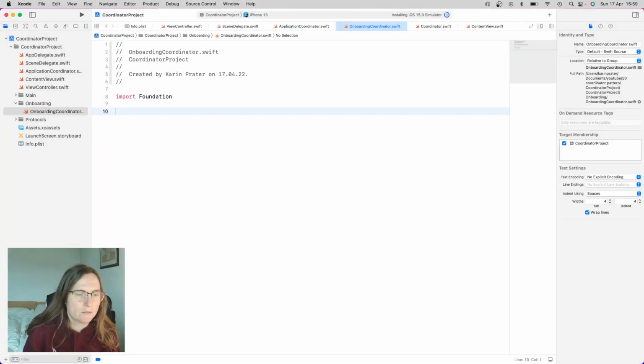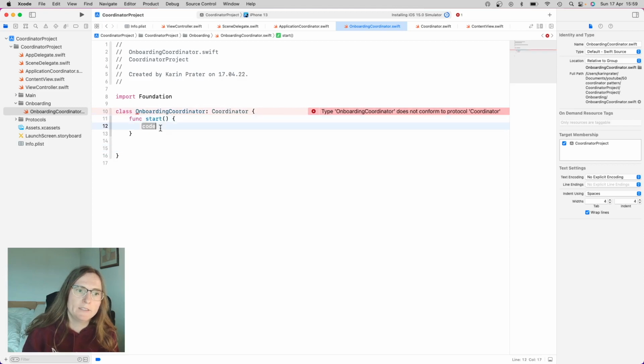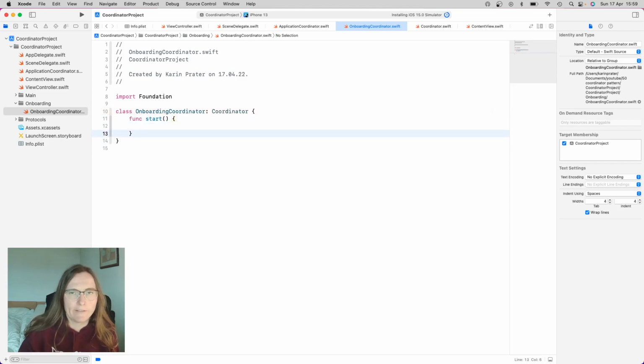Coordinator. So this is class onboarding coordinator. This is coordinator. And I'm implementing an empty start function for now, because I don't have anything to actually show so far. And in this case, I want to have, quite a lot of onboarding flows have a